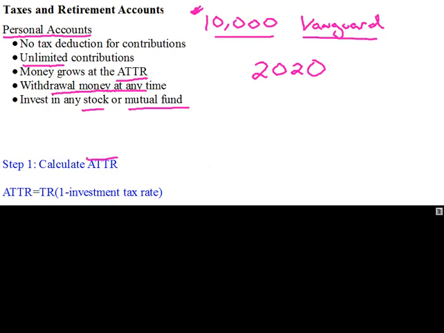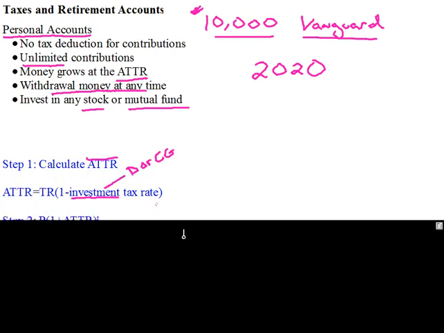So there we go. I just paused and fixed that so that I'm being really clear. You take the total return, the percent that you're earning, times 1 minus the investment tax rate. Tax rate was correct, I just want to be more specific because there are a lot of different tax rates. This would be your investment tax rate, and the investment tax rate would include things like the dividend tax rate or the capital gains tax rate. Both of those things I talked about in the investment playlist. All right, so the after-tax total return is the total return times 1 minus the investment tax rate.